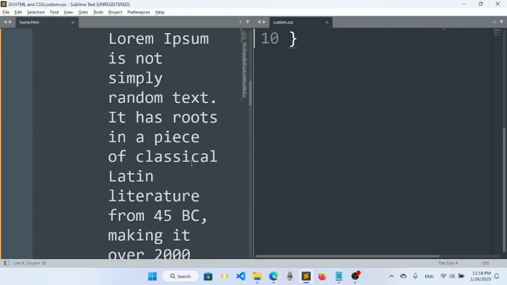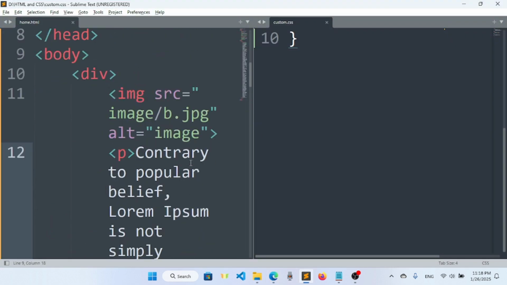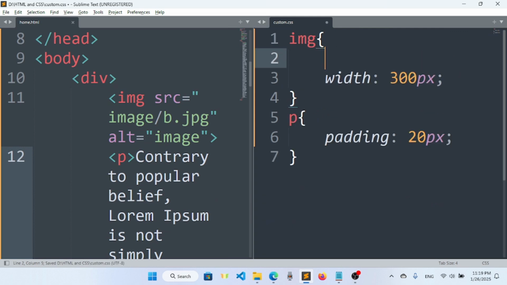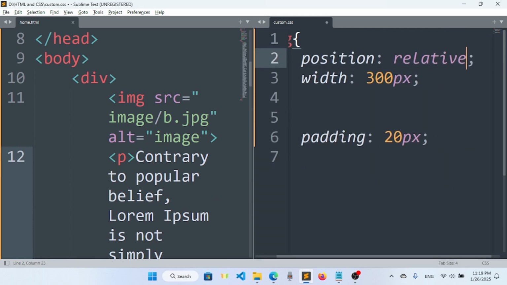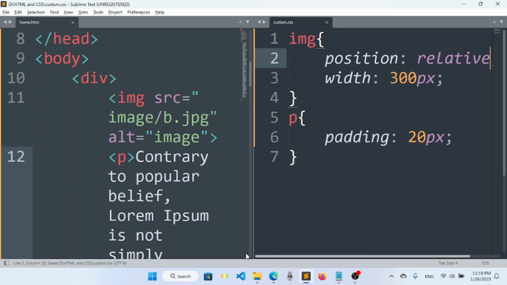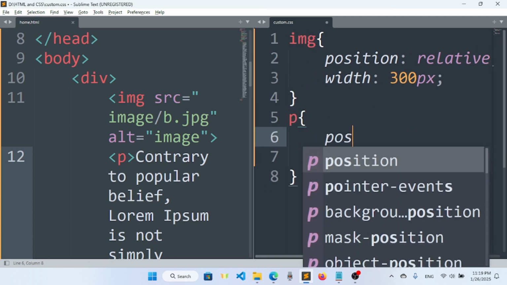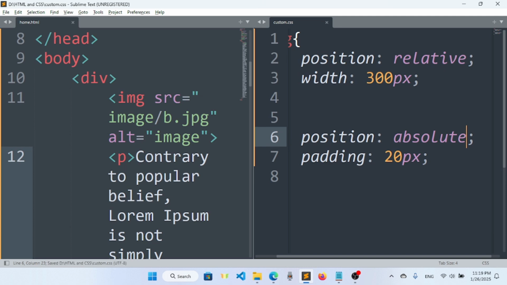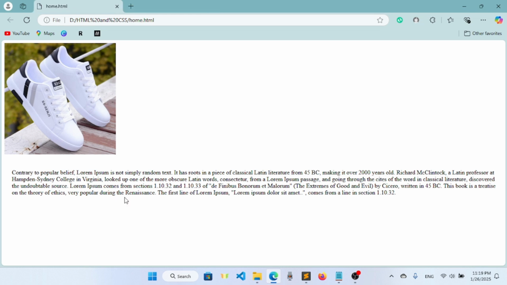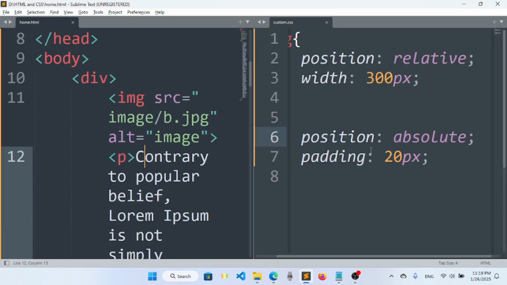Now I will show you how to do this using position. In the image, let's say I will set position as relative, and for the text I will say position absolute. So now if I go to the browser, here you can see they are not side by side, right? They are not in a row. So let's do it. And here I have to just say that